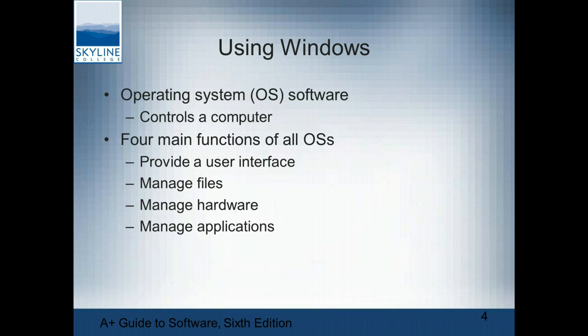Four main functions. Provide the user interface, a nice pretty picture that we have when Windows comes up. And when we had DOS, a nice pretty C prompt, or whatever you happen to have there in DOS. Manages files, and that's one of the big things it does. Everything starts with a file. The Windows operating system is in a folder called Windows, right? And then there are